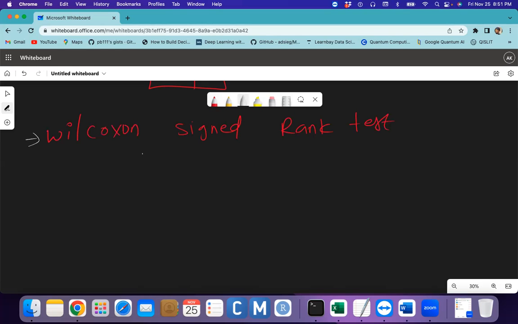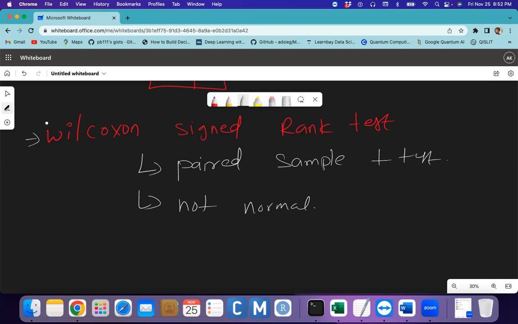In this situation the populations are paired, which is similar to the paired sample t-test. When one group of samples or observations is paired to another group, that is the paired sample t-test. Here also the samples are not normally distributed, and in this situation we go for